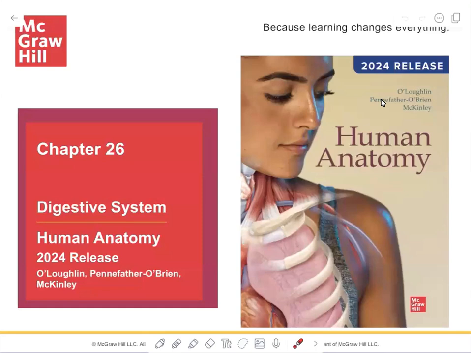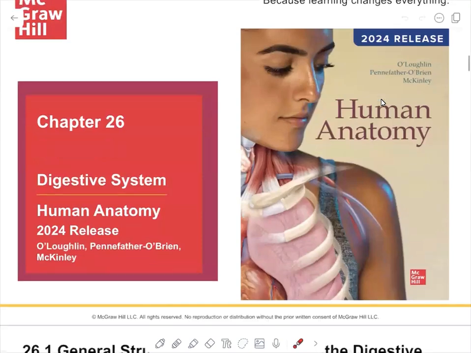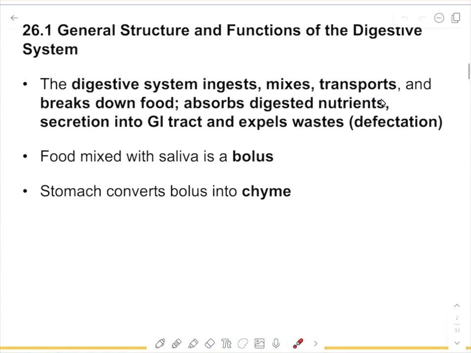This chapter is on the digestive system. The structure of the digestive system includes a long tract that goes from the mouth to the anus, and its function includes